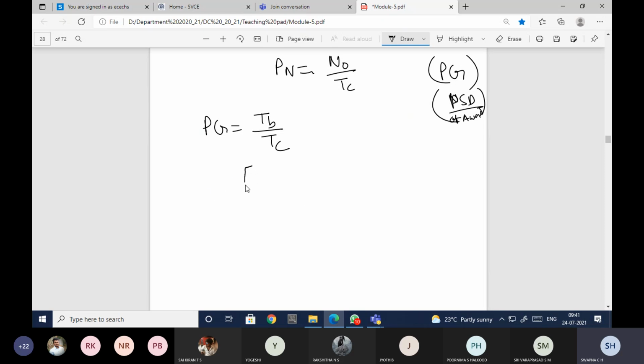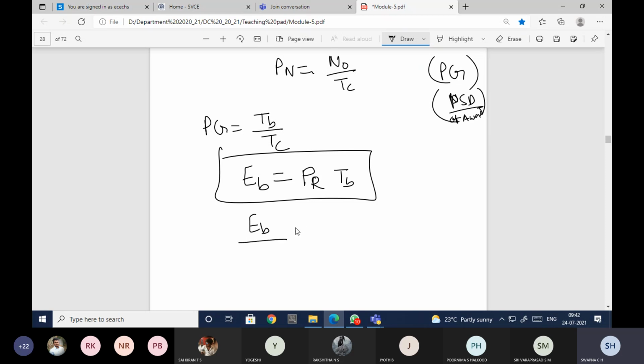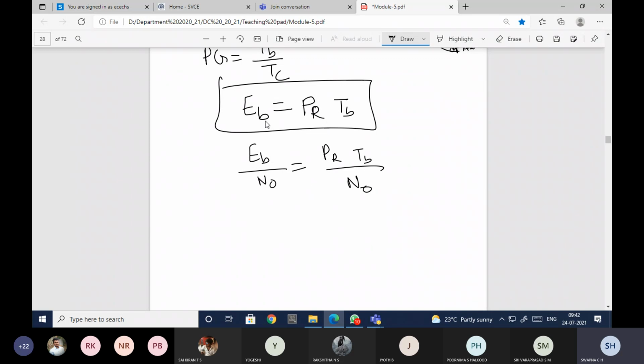Energy per bit, EB, is given as the signal power PR into TB. This we have already seen: EB is equal to PR into TB. So for this I'll multiply and divide both sides with N naught. So EB by N naught is PR TB by N naught. And you know that